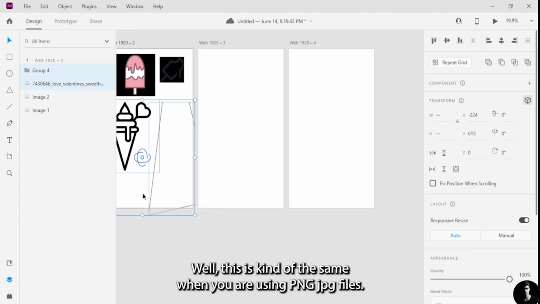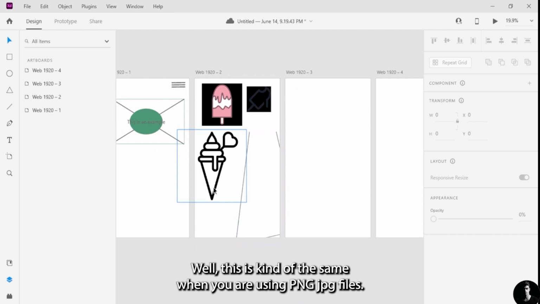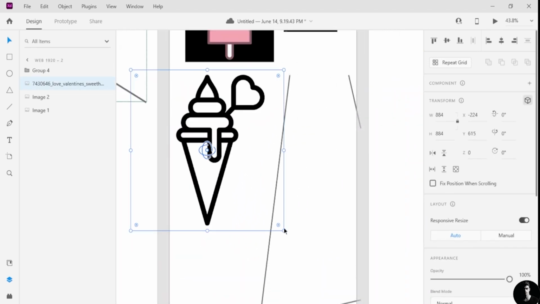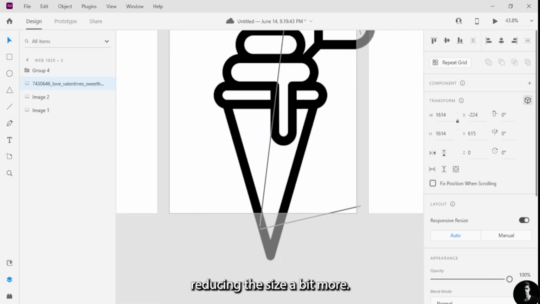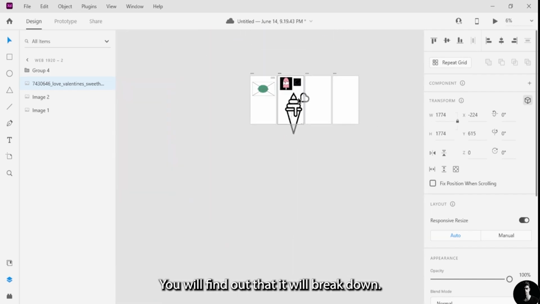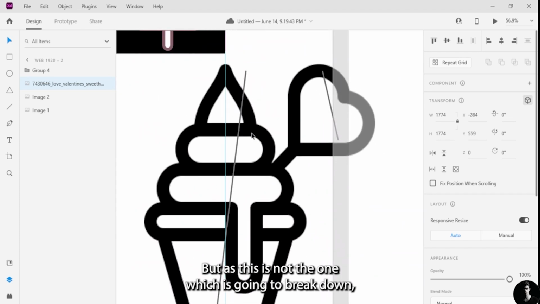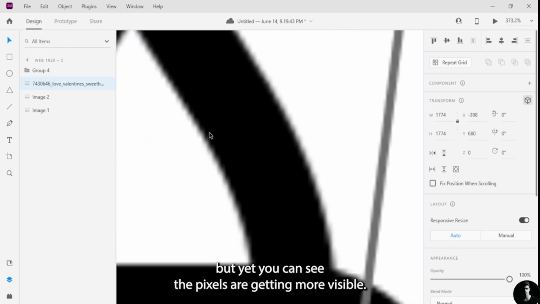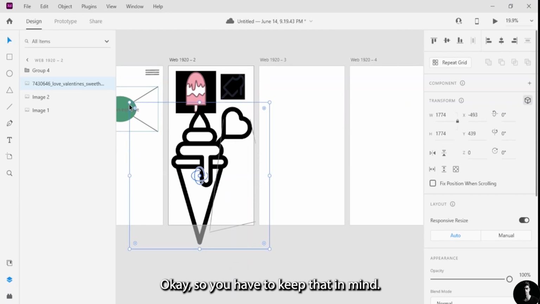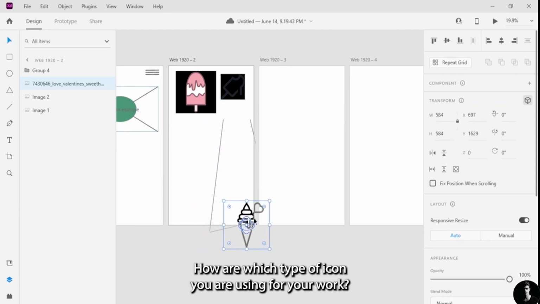This is kind of the same when you are using PNG or JPG files. When it reaches a certain limit, it will start breaking down. I'm going to increase the size a bit more. You'll find that it will break down. Okay, but as this is not the one which is going to break down, yet you can see the pixels are getting more visible. So you have to keep in mind